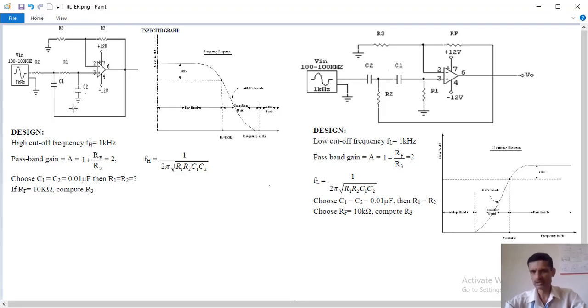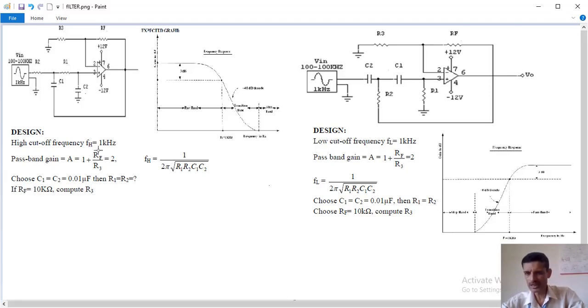Now how to design this circuit? See this particular circuit, I have two RC combinations. This is one RC combination, and this is another RC combination. So this is basically an RC filter. It's an active low pass filter because I'm using an active component to get a gain. Actually, this circuit is nothing but a non-inverting amplifier. The input signal is given to the non-inverting terminal and the feedback is given back to the inverting terminal.